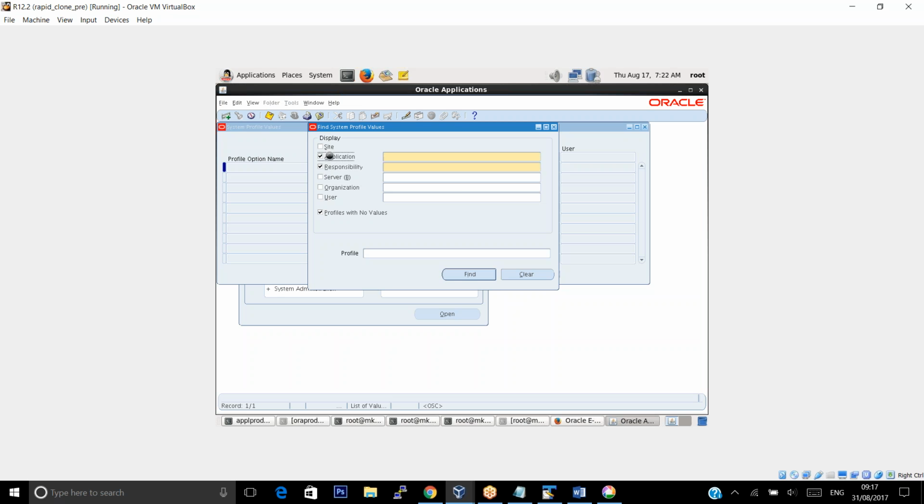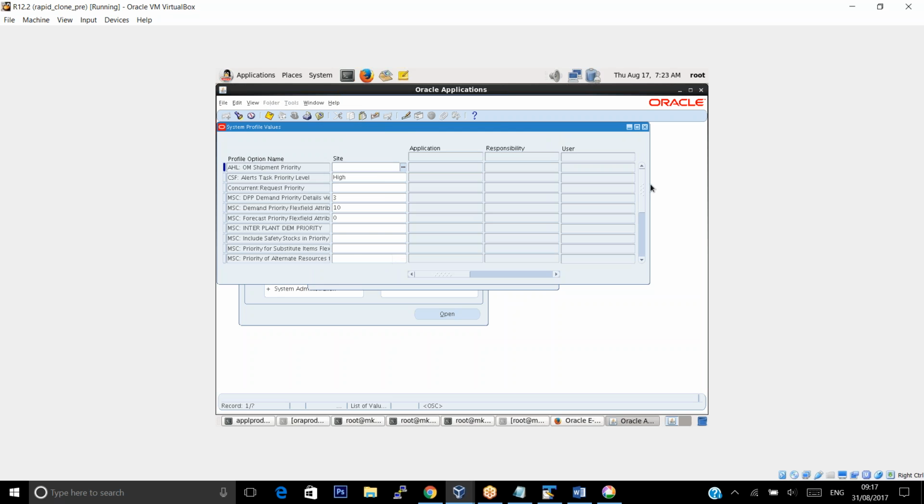On the responsibility side and the user side, we will see one by one. Now initially we will go with the site level. Since I didn't remember the complete name, I have selected the concurrent request priority. This is the one basically. Let me give 40. If it is empty, that's the default one, 50. Since I have selected 40 here,